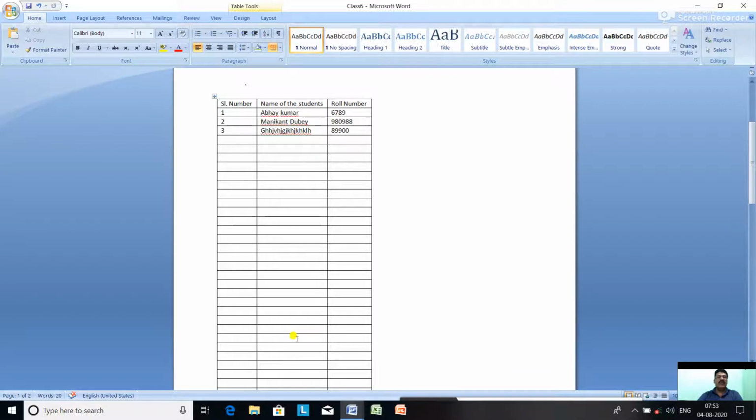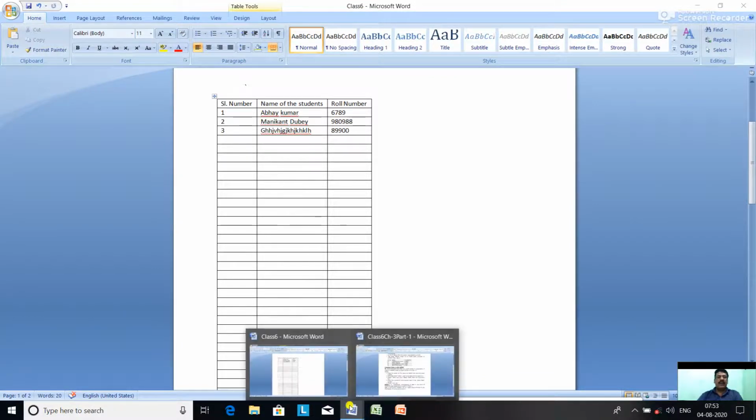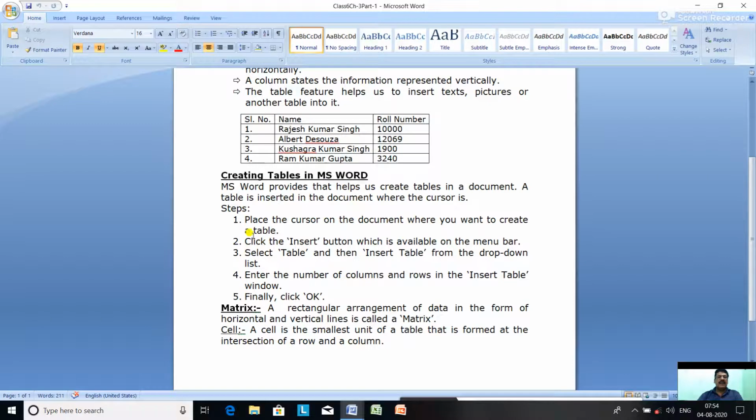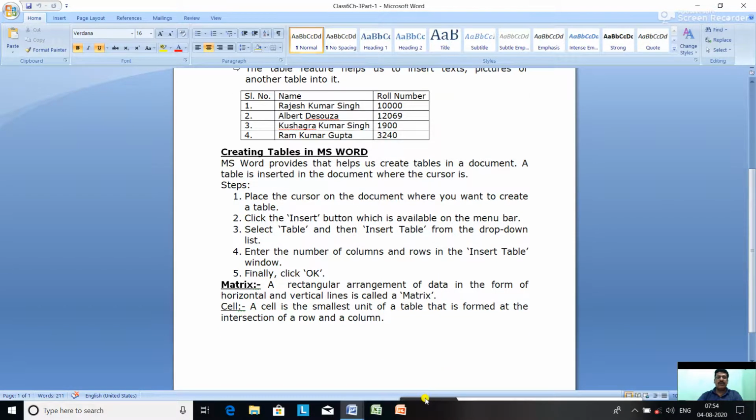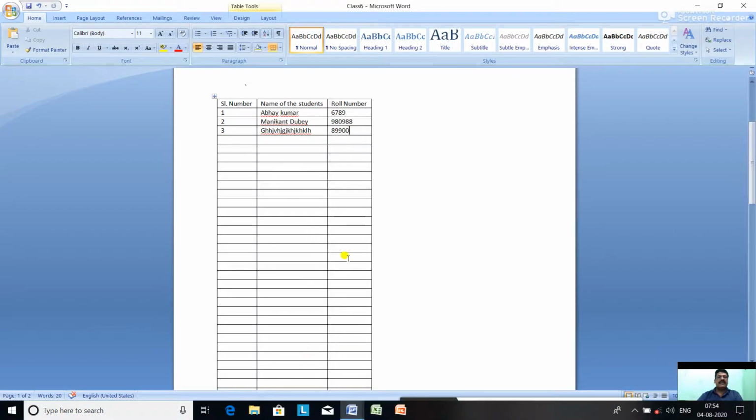So once again, what are the steps to create a table? First, place the cursor on the document where you want to create a table. Click the insert button, select the table and then insert table. Enter the number of columns and the number of rows. Finally click OK. A table is created like this.